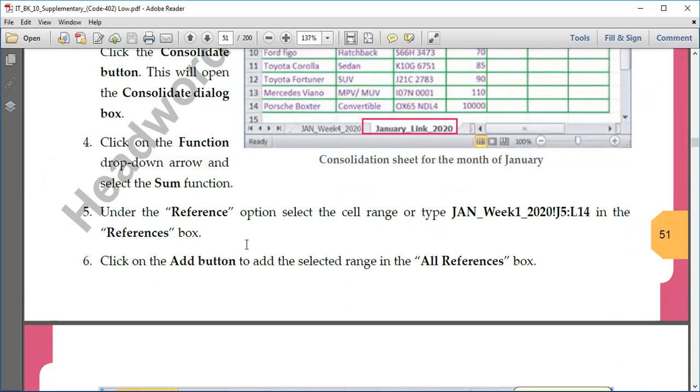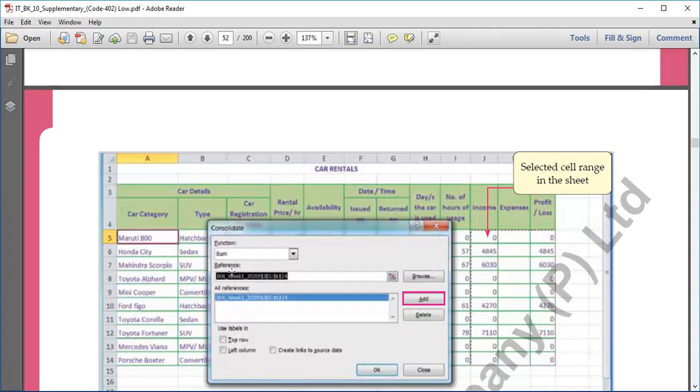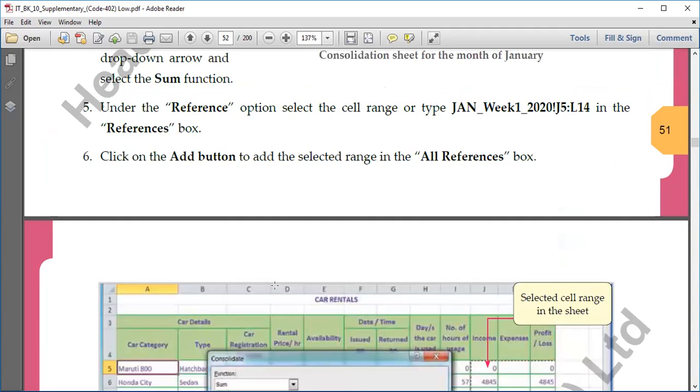Then choose the function that you want to apply, if you want sum or whatever, and under references, right, from here we will open this function. Let's say we want sum, right? So under references you have to give the reference of the cells from where the data has to be picked up, right?